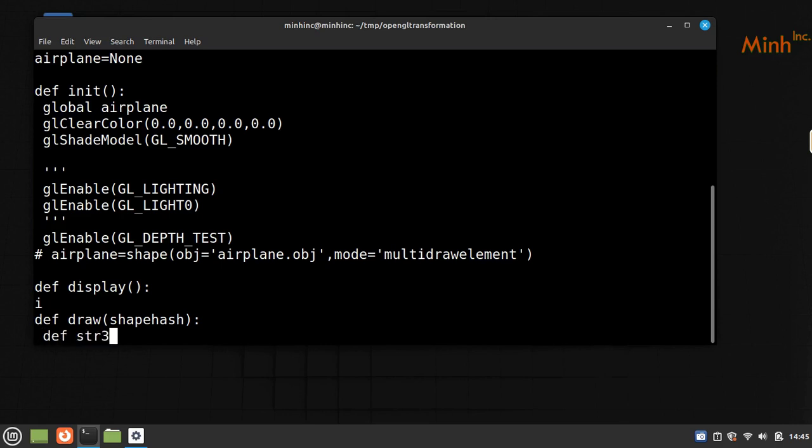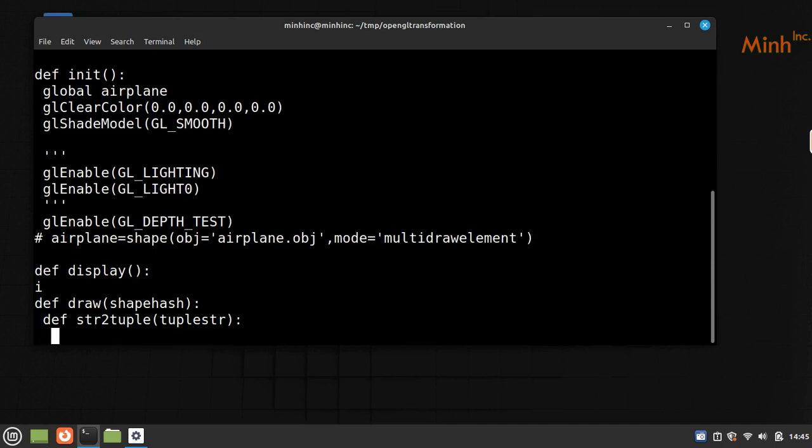Def str to tuple, str. So I have a quick utility function. It receives a string and returns the tuple. So tuple of float I